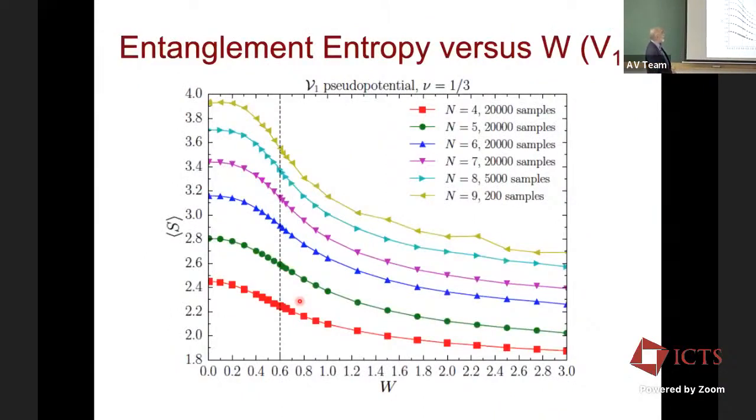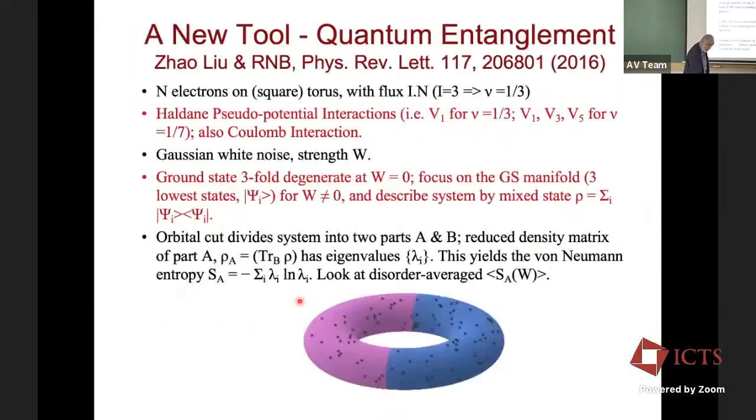So here is what the entanglement entropy looks like as a function of disorder for different sizes, from 4 electrons to 9 electrons. We average 20,000 samples up to 7, and then for 8 and 9, which take the most time, we average 5,200 samples respectively. So you will see the 9 has some error bars. You can already see the curve is not perfectly smooth. This is for a half cut. Yes, we're just dividing the system into 2 and calculating the entanglement entropy.